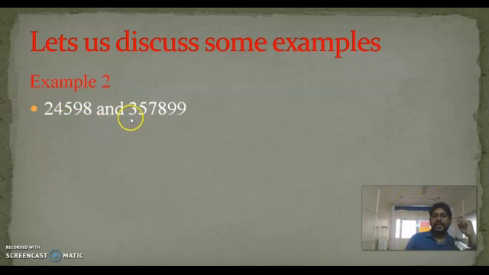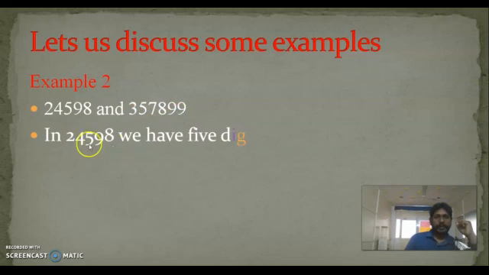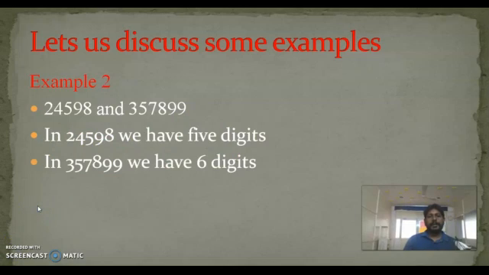24,598 and 3,57,899. In 24,598, how many digits do we have? 1, 2, 3, 4, 5. We have 5 digits. Next, in 3,57,899, how many digits do we have? Let us count: 1, 2, 3, 4, 5, 6. 6 digits. So are 5 digits more or 6 digits more? 6 digits are more. So 24,598 is smaller than